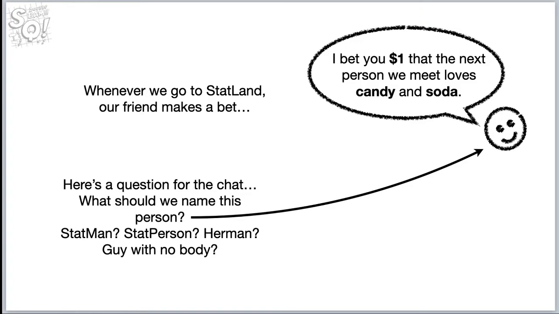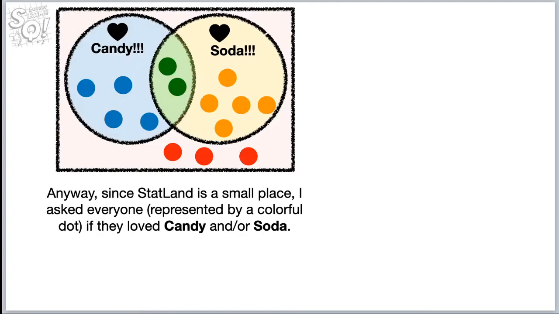If you have a good idea, we could call him Mr. Double Bam. Or Mr. I'm about to lose a bet. But if you have any thoughts on what we should call this guy, put it in the chat, and I'll review that afterwards, and maybe we'll do a vote online later. I'll do a poll maybe on Twitter or something like that, and we can vote on the best name. Okay, moving on. This is not the most important part of the video, by the way.